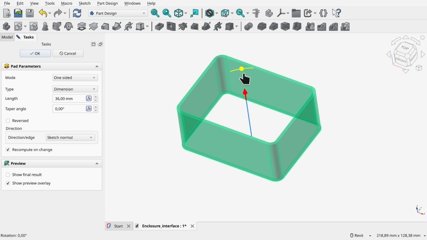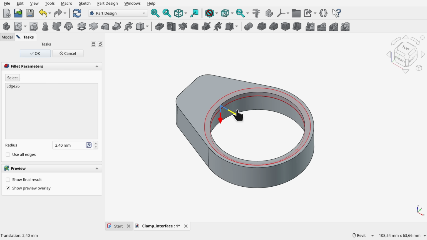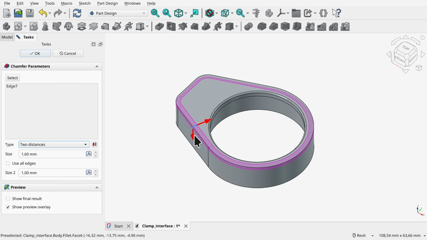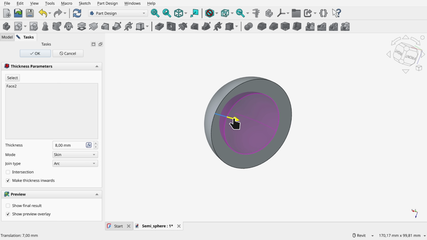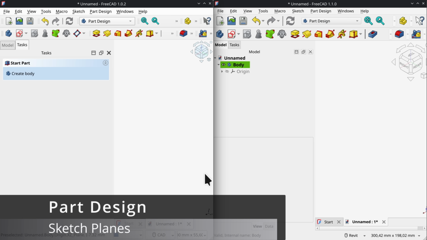fly. Here you can use them for the extrusion height and angle, but this feature also works for creating fillets, chamfers and thickness. It's really useful when you're unsure between different values. It's quick and convenient. Now, when you create a new sketch in Part Design, selecting the sketch plane is easier